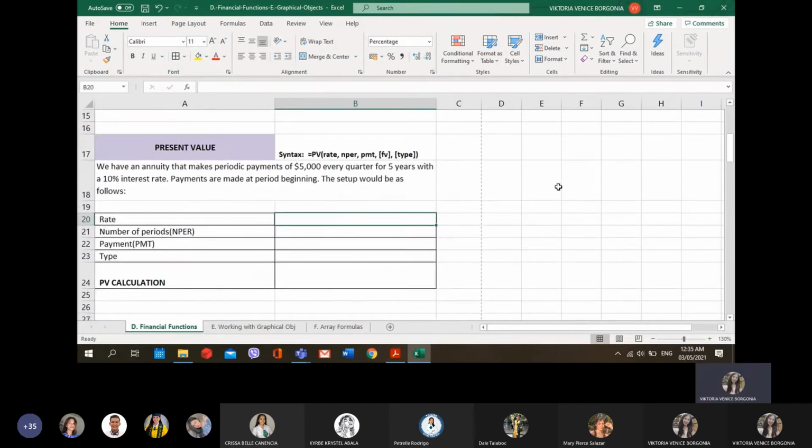Okay. So see, iyahang syntax is just the same with future value. Okay, we have an annuity that makes periodic payments of $5,000 every quarter for 5 years with a 10% interest rate. Payments are made at period beginning. The setup would be as follows. Okay, so this one, it is to be paid every quarter for 5 years man daw. So rate therefore would be